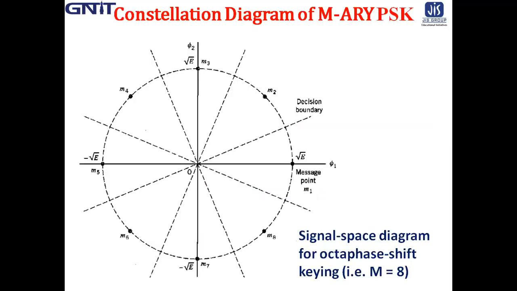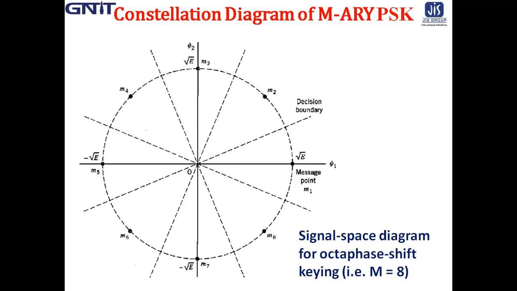Now the signal constellation of M-ary PSK is therefore two-dimensional. The M message points are equally spaced on a circle whose radius is √E and center at the origin, which is illustrated here